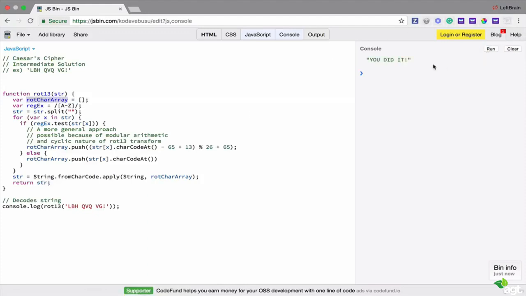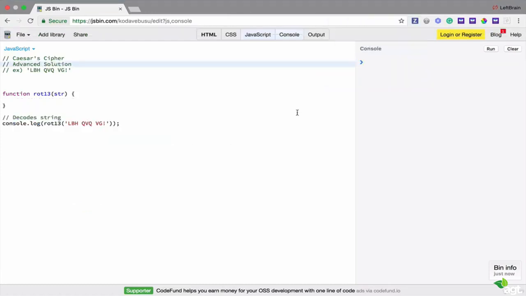Alright, and so if we click run, we get you did it again. So you see that this is another way in which you can implement the Caesar cipher. And next, I'm going to show you a third way on how you can implement the Caesar cipher, and it's a little more advanced but not as lengthy. Alright, so for the advanced way, I'm just going to use the return keyword and then string dot